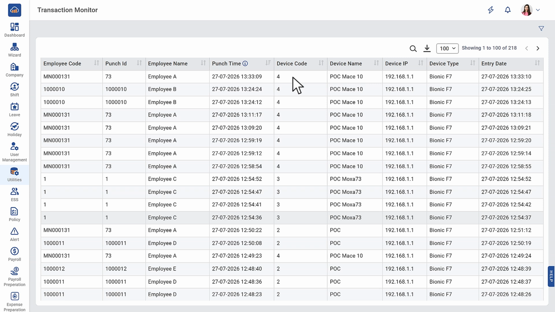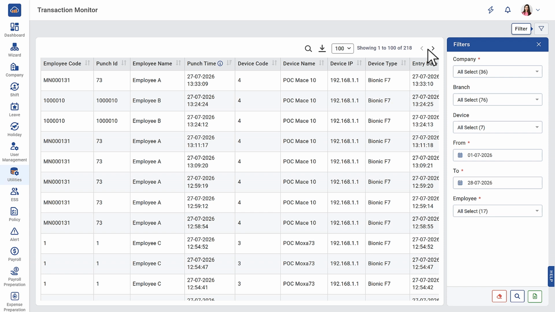Now for downloading. Just above the table, next to the page length box, there is a small arrow icon. That one gives you an Excel file of the 100 rows you are looking at right now. And to get everything, open the filter panel again and click the green Download Excel button beside Search. That saves an Excel file with all 218 records, the whole filtered set, not just the page on screen.